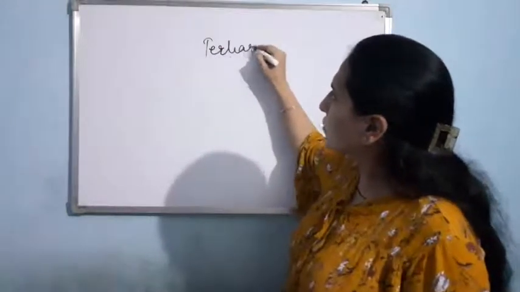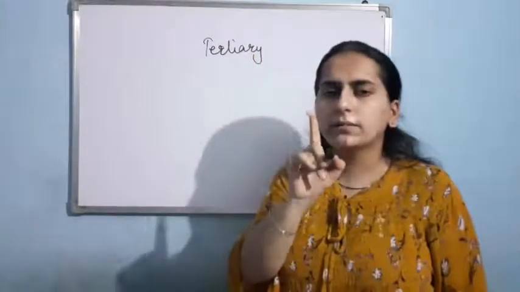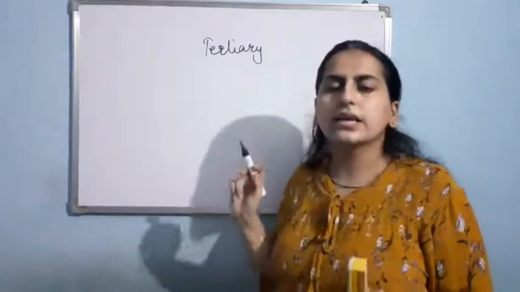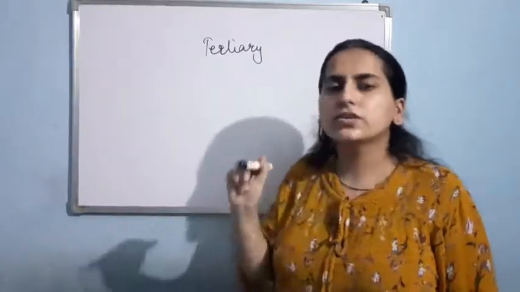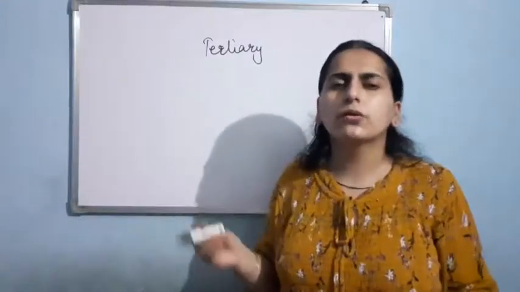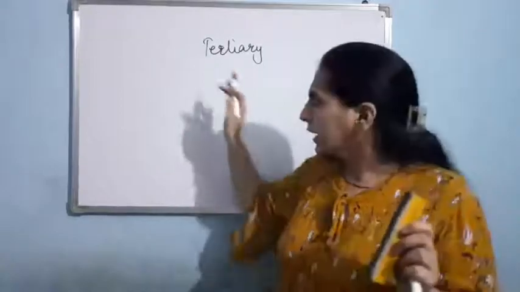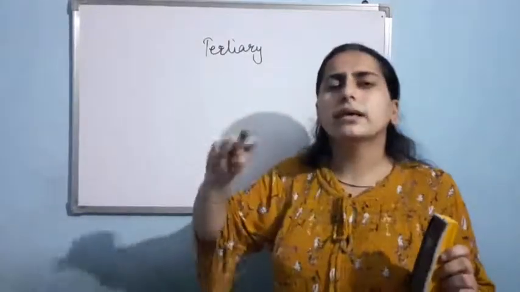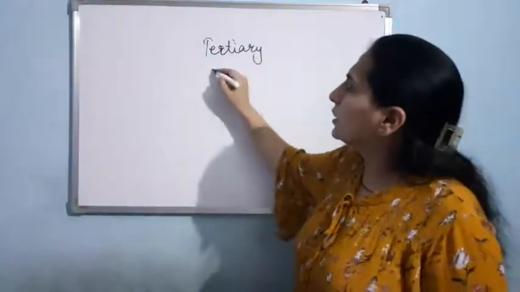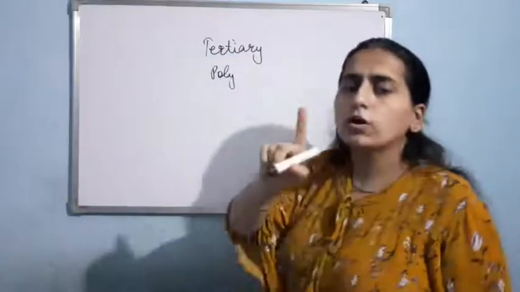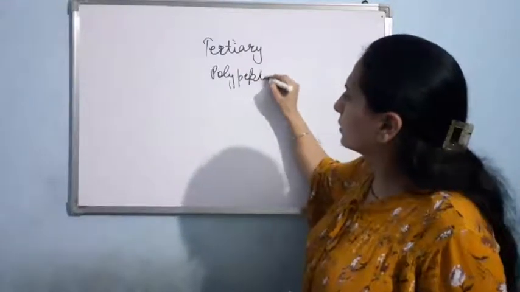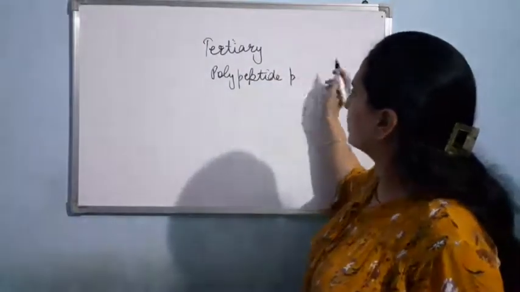Now, if I talk about the tertiary structure, in tertiary structure, there is one polypeptide chain, mind it. Only one polypeptide chain. How it is arranged, we are studying. In the primary structure, there was just linear arrangement where we can tell which is the first amino acid, which is the last. That's it. In the secondary structure, that protein thread is arranged in the form of the helix. In the tertiary structure, the polypeptide chain, I am talking about only one polypeptide chain, that is the protein chain basically,